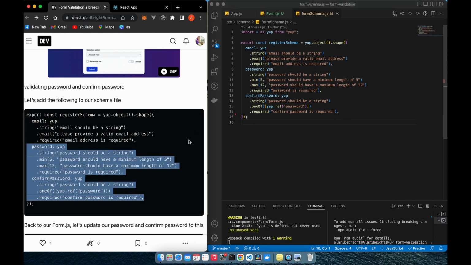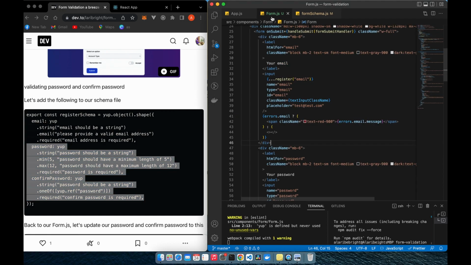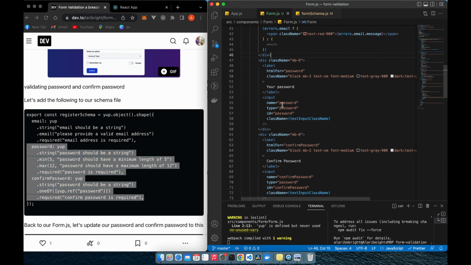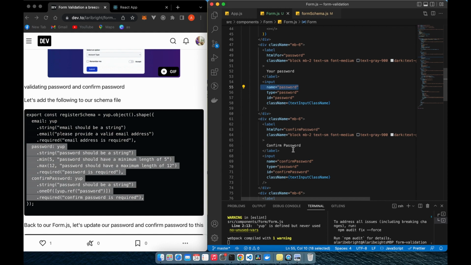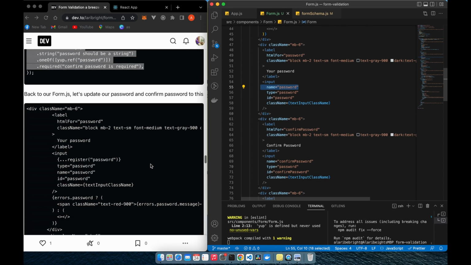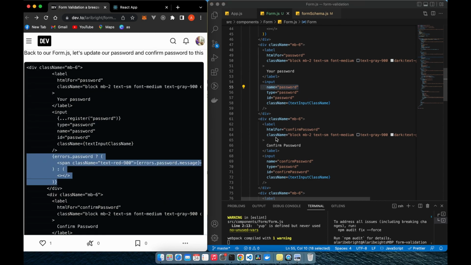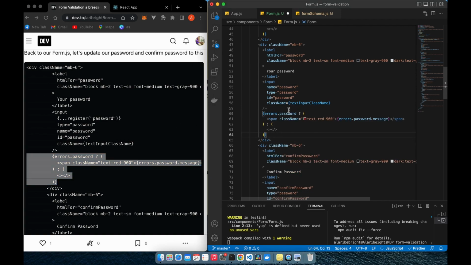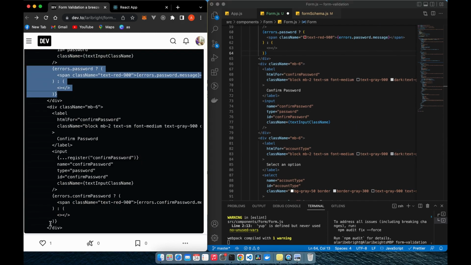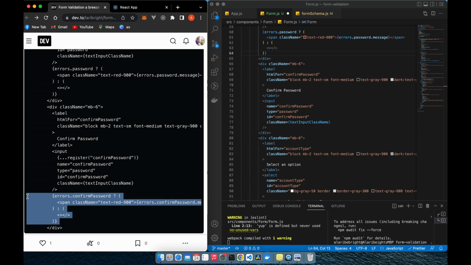So now let's save this and let's come up to our form, because now we have to be sure that our form has the name of password and confirm password. So coming back to our form, yeah, it has the name of password and confirm password. So with that, automatically our password and confirm password validation has kicked in. So let me copy the JSX for that. I'll copy this and paste this. Okay, so errors.password, if it's there, we're just displaying the message. And for confirm password, I'm just going to copy this